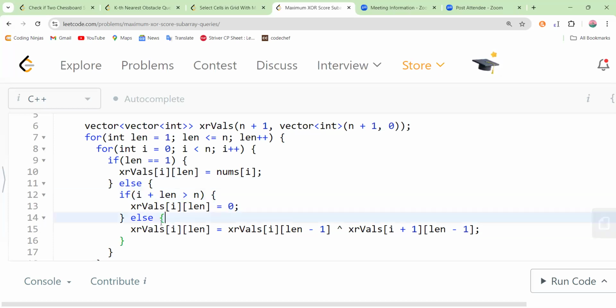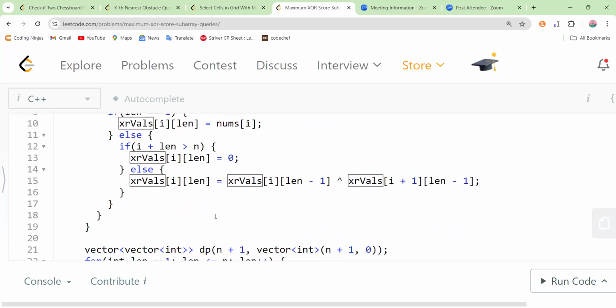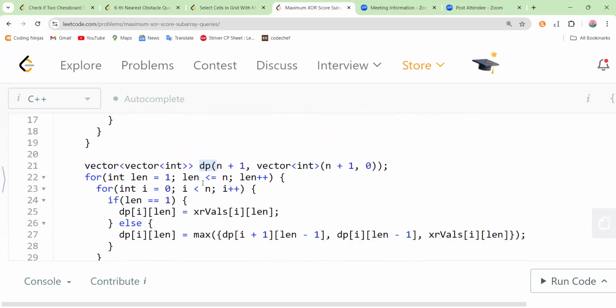If this is not the case, then as already discussed, XOR value of I to len, that is starting at index I and considering length len, the answer is nothing but XOR value of I till len minus 1, XOR XOR value of I plus 1 to len minus 1. This is something that we already discussed. Once you have these XOR values computed, now you will construct a DP of size n plus 1 by n plus 1, where DP of I of j will be